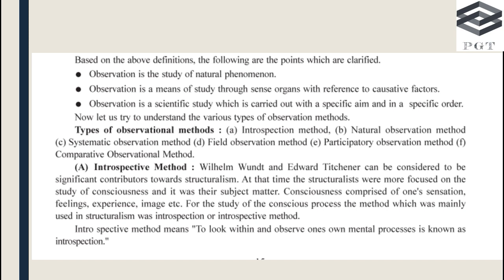Field observation method means you learn some of the things where you move from one place to another, on the spot you come to know and you realize. Okay. Like ants are moving in a line, that means a field observation. You had not gone to see the ants, but it came on the way that ants are moving in a line, and you've learned that animals can live together very calmly, very smoothly, very monotonously. Why not people? Okay, so field observation makes you learn many things.